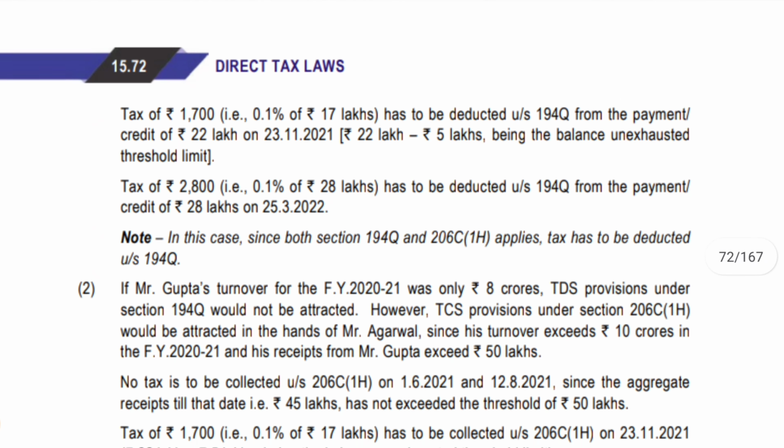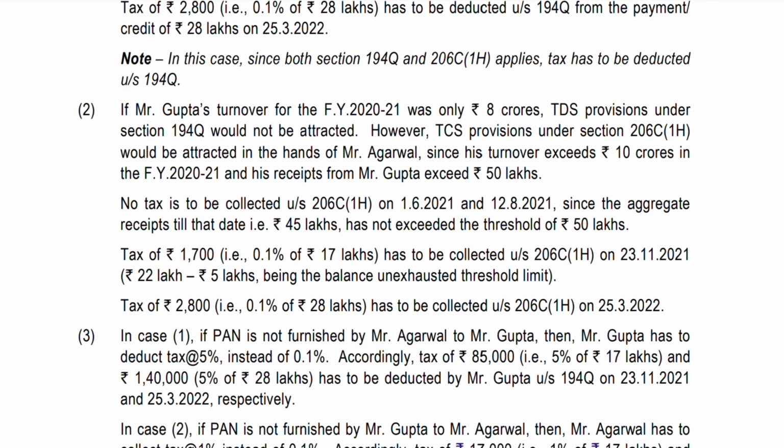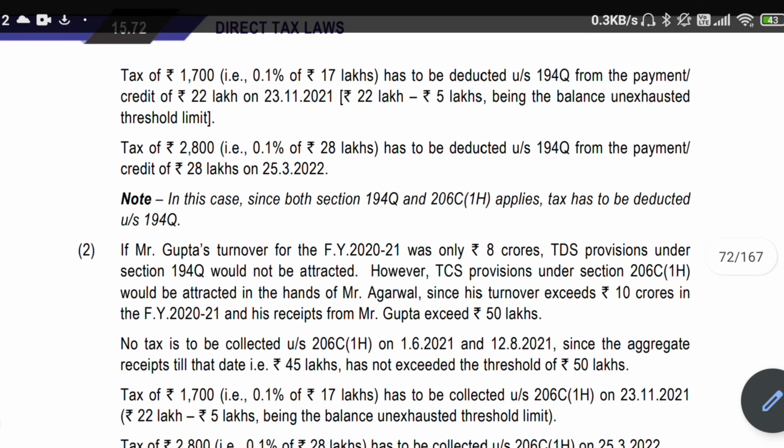So in this case TCS section will be applicable, that is 206C(1H). Okay, and the rate is also same, 0.1% on the excess amount. So the TCS amount is also same as the TDS amount, because all the provisions are same, like rate is 0.1% and TCS will be applicable on excess of 50 lakhs. Okay,